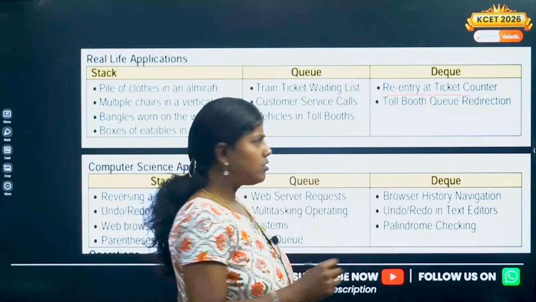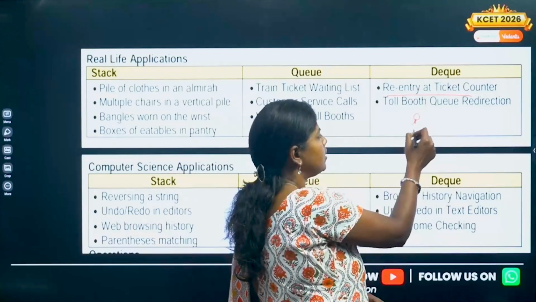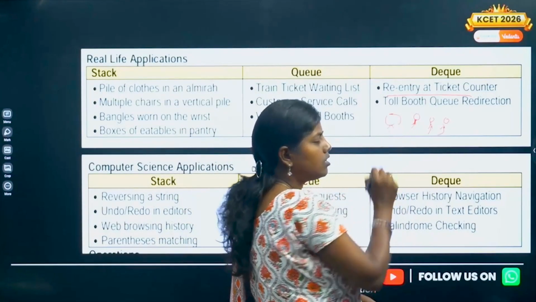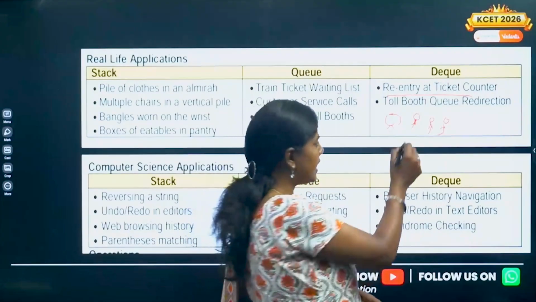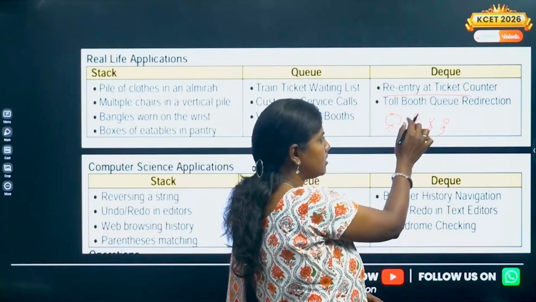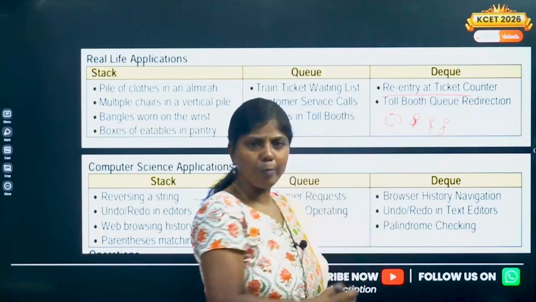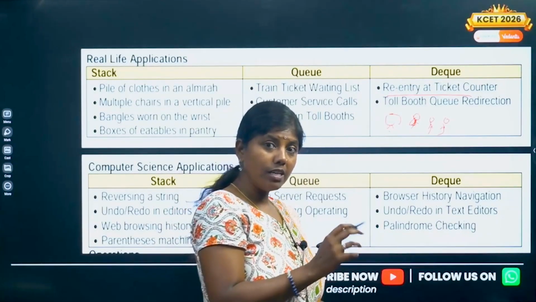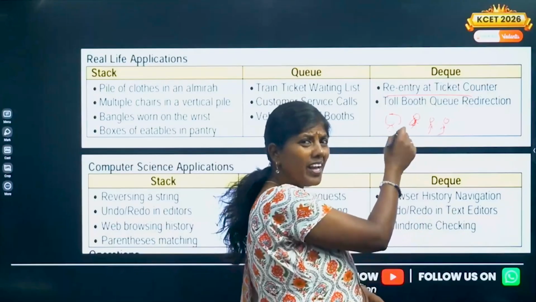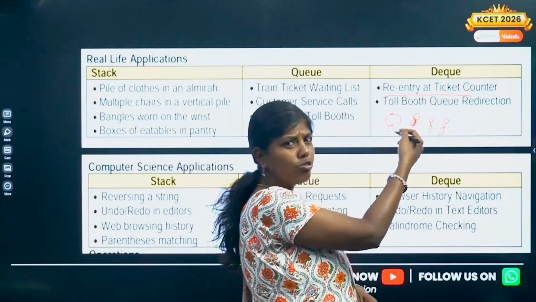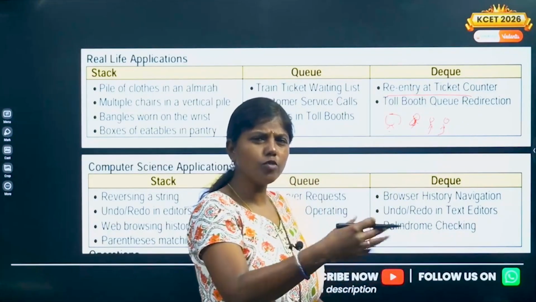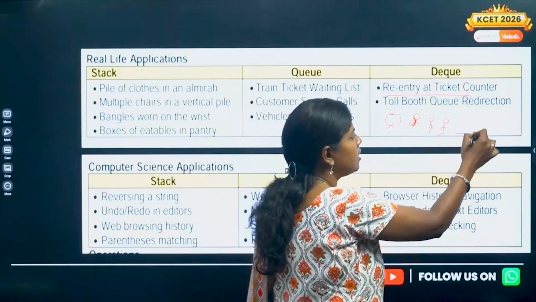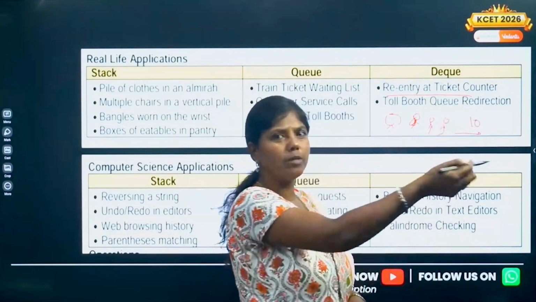So I can just go back to the same example. Let's consider that we have some 3 people here. They are just waiting near the counter. This person has already taken the ticket and he has been removed from the queue. After 5 minutes, he'll come back because he forgot to take his change back. Let's consider that by the time he comes after 5 minutes, there are 10 more people standing.